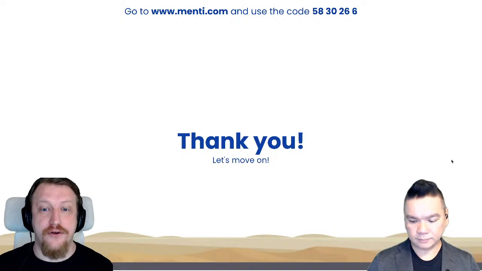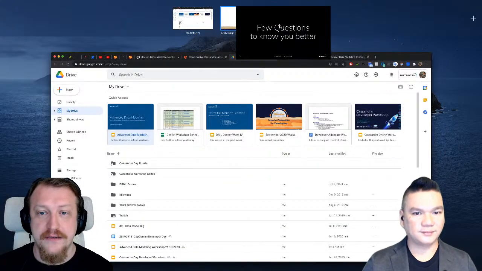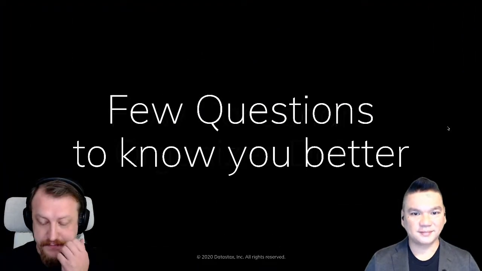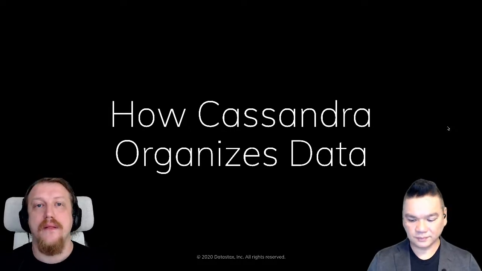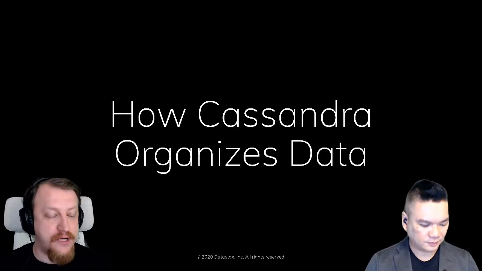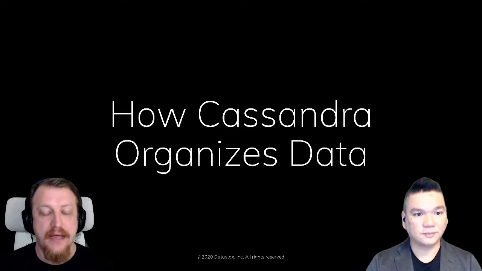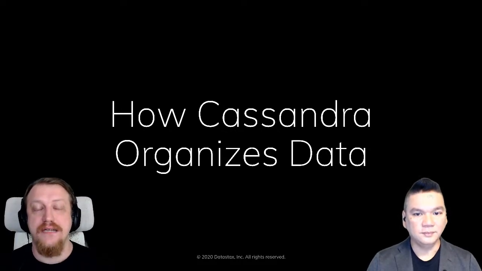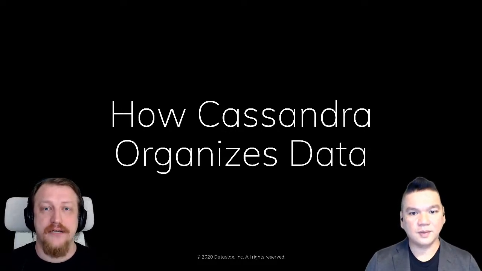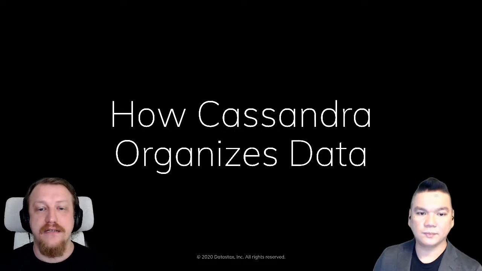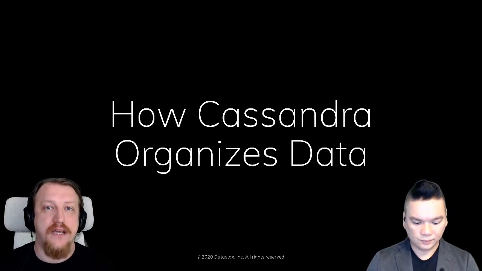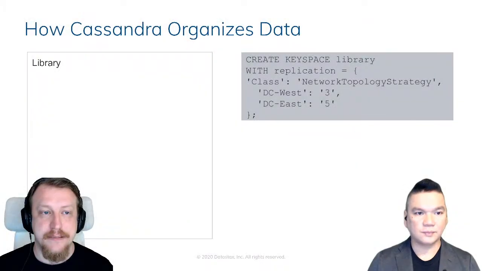Let's start with the learning. What I have for you today is, at first, we have to say how Cassandra organizes data. That's very important, because a data model is about access patterns and the way you work with data. And if you don't know how a database organizes data, we cannot successfully work with this data.